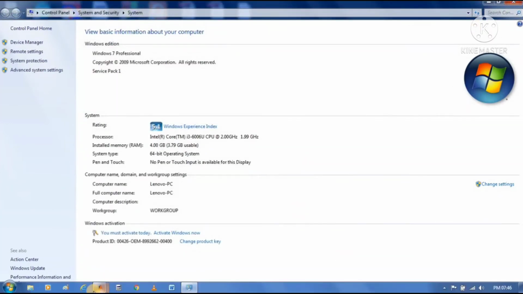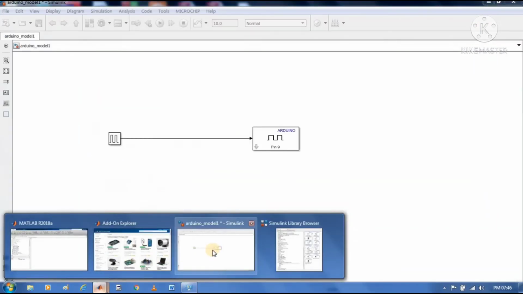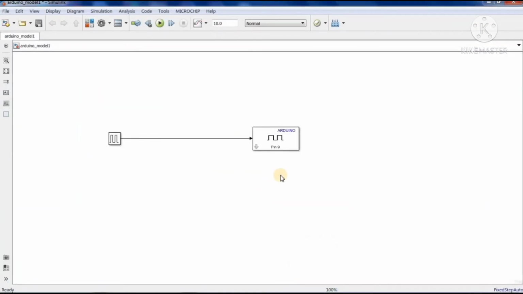Then come back to the Simulink page, and put this setting as infinite. Now you can go here and select Deploy to Hardware. Once you click Deploy to Hardware, your code is simply written to the Arduino in the backend.